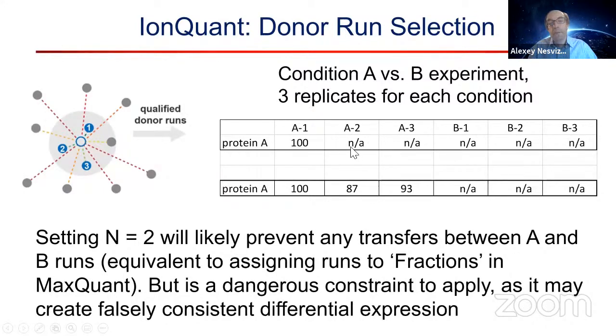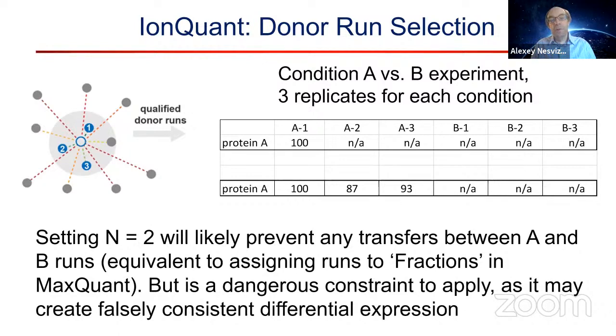Because we don't have IDs from the other two replicates. But if we set match between runs, we may find it also in A2 and A3, right? But because we do not allow transfer to B, it will stay as NA here. So we found that this strategy creates a lot of